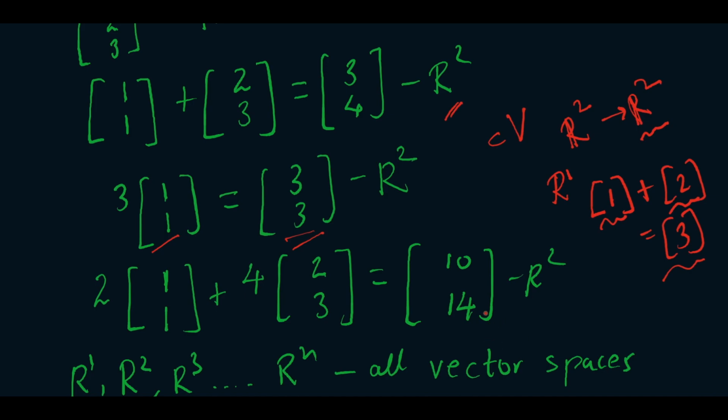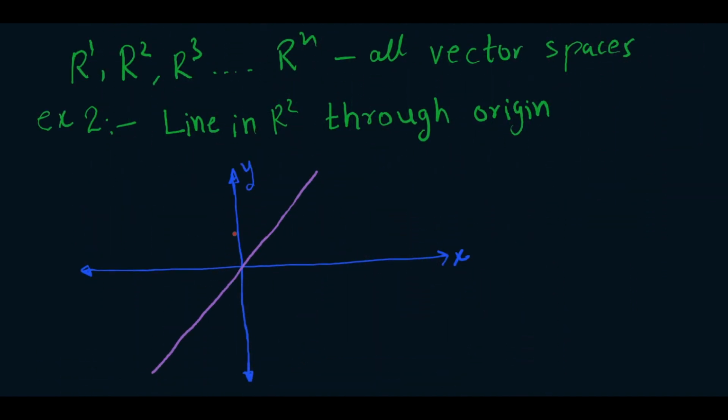Now let us consider another example. Let us consider a line going through the origin in R square. Now we need to find whether this line is a vector space or not. First, the vectors that we can take here are only the vectors on the line. So let this be v1. You can multiply the vector with any constant. Let us say we multiply by c, so it becomes c times v1. So c times v1 will also lie on the line. Now let us take another vector, say v2.